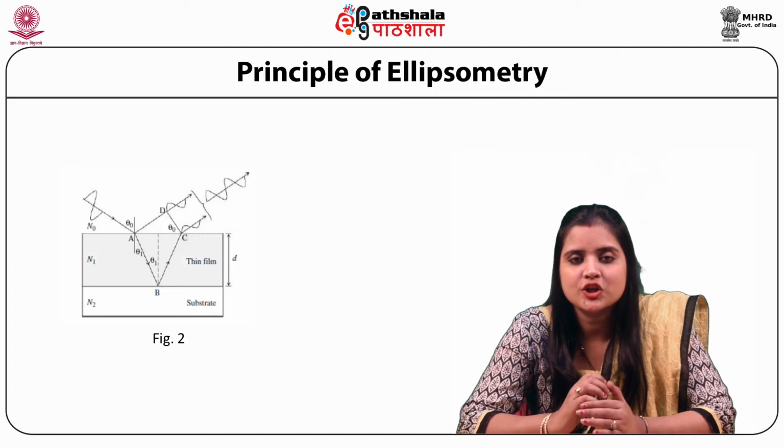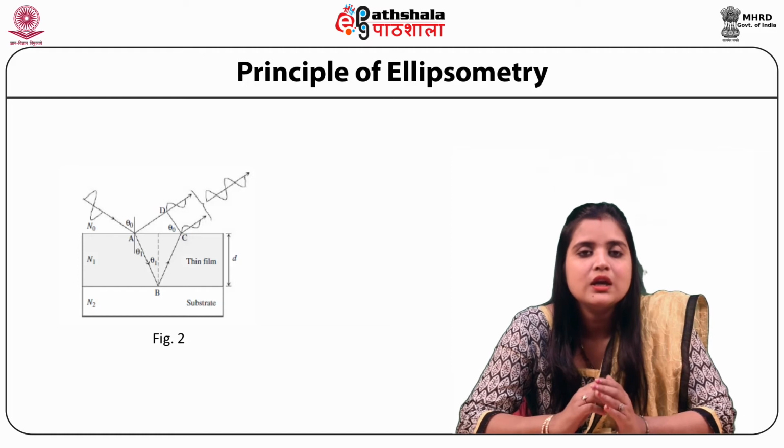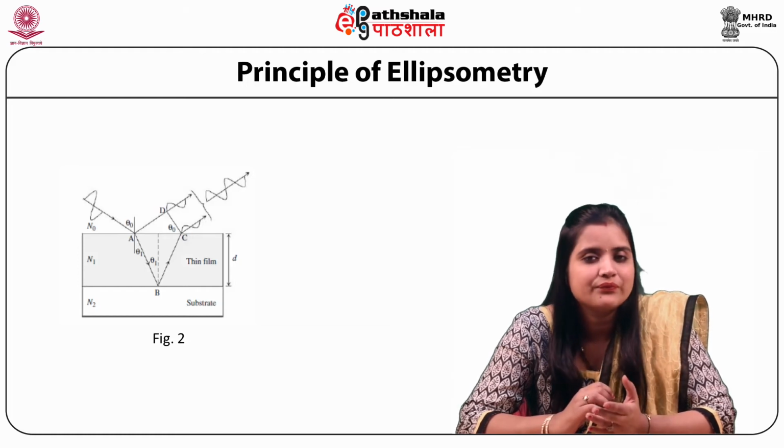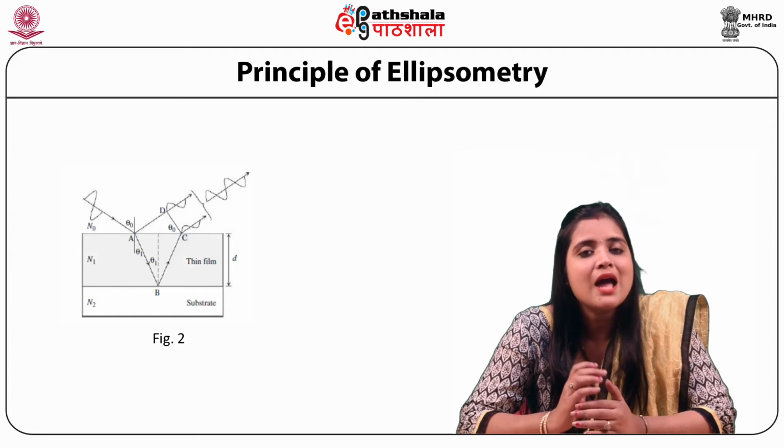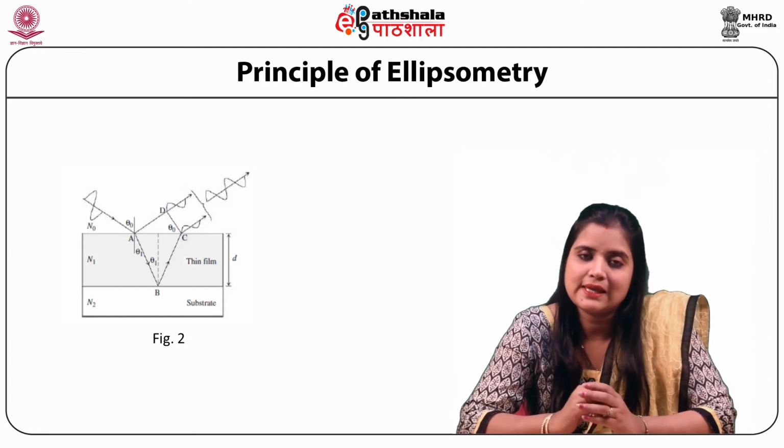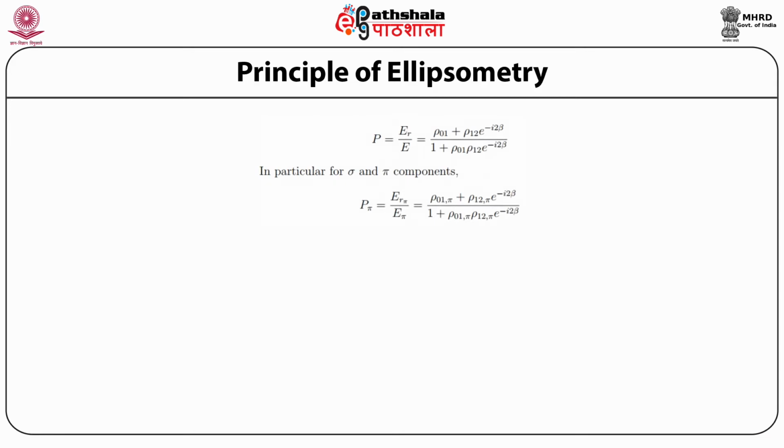Amplitude of reflection P is defined as P is equal to ER divided by E. Replace pi as rho and sigma as S. P is equal to ER divided by E, which equals ρ01 plus ρ12 into e raised to power minus iota into twice of beta divided by 1 plus ρ01 into ρ12 into e raised to power minus iota into 2